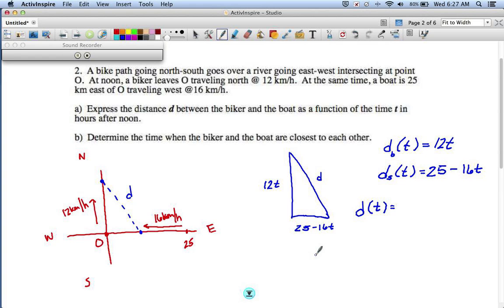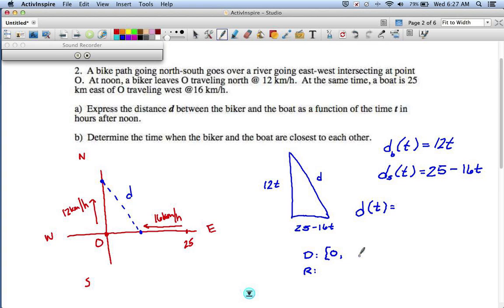And again, remember, when doing the graph, you're not necessarily going to be able to sketch this one nicely, but you still have some information that can give you a realistic domain, and therefore you can plug in to find the realistic range. Think about what's happening here. This boater is going to get back to the origin in, I don't know, roughly an hour and a half, right? Because an hour and a half takes him 16 and 8, 24 kilometers. So it is safe to say that the domain